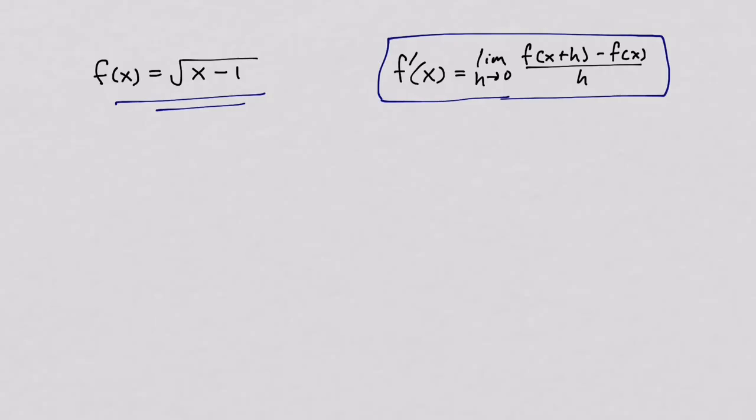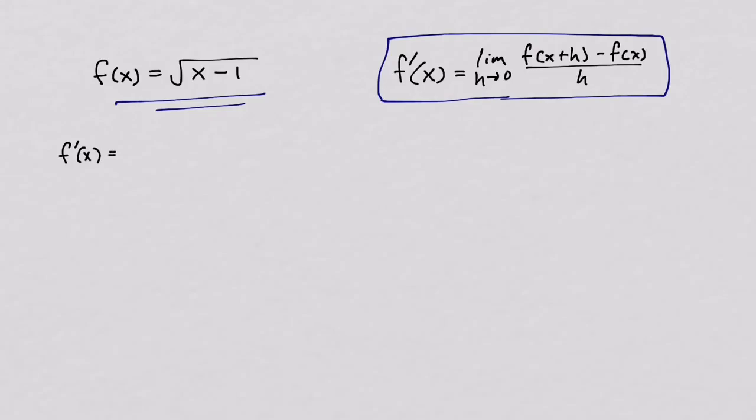In this video, I'm going to use the limit definition for the derivative to find the derivative of a simple radical function, like the square root of x minus 1. And part of the goal is to show that I'm using the limit definition. So I'm going to start by writing out